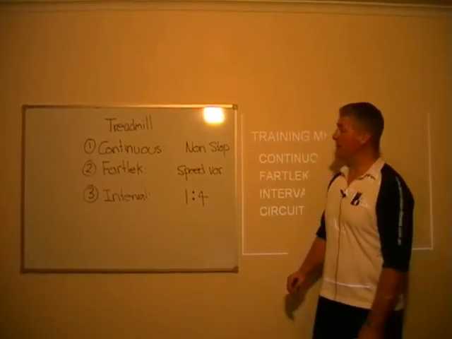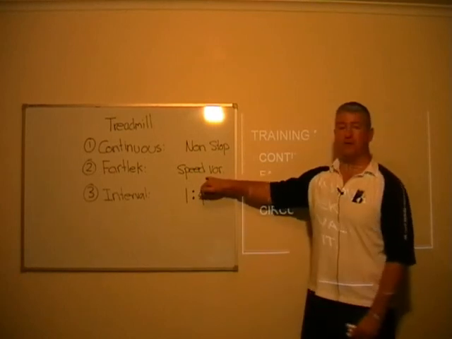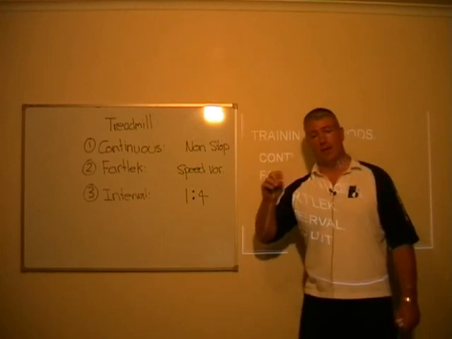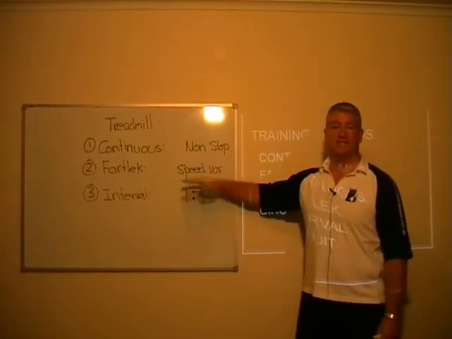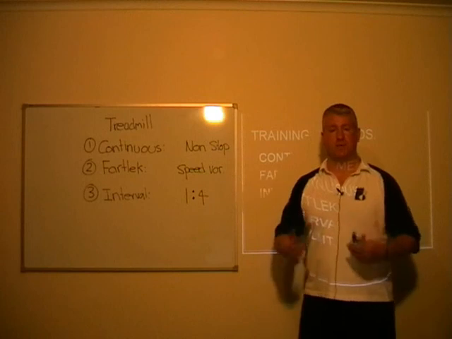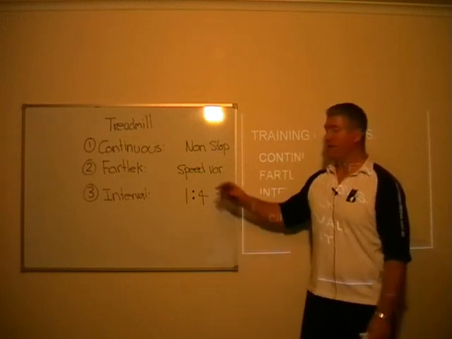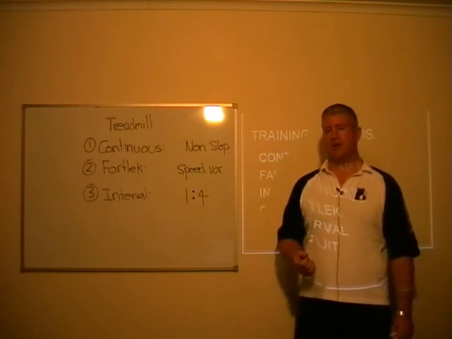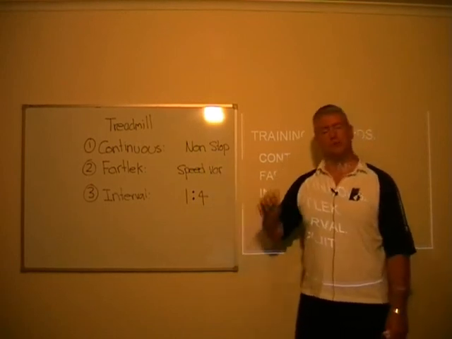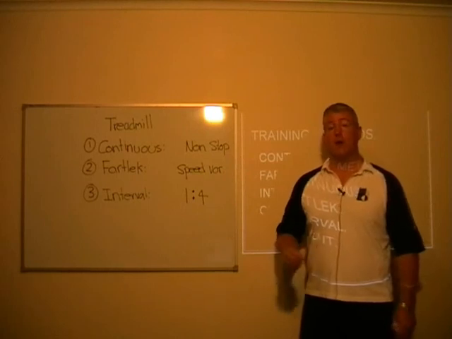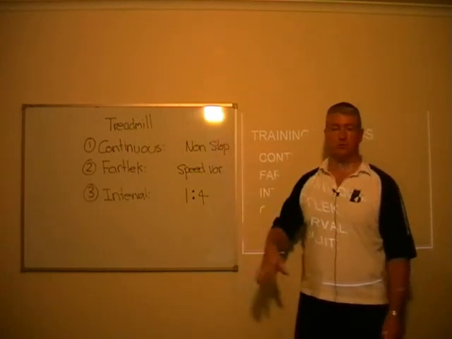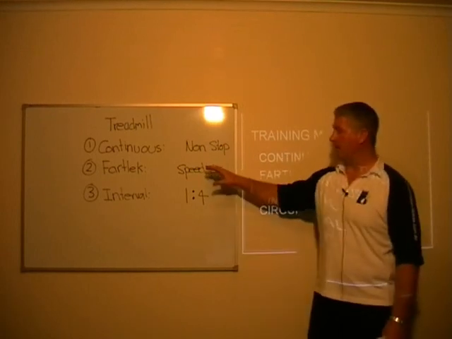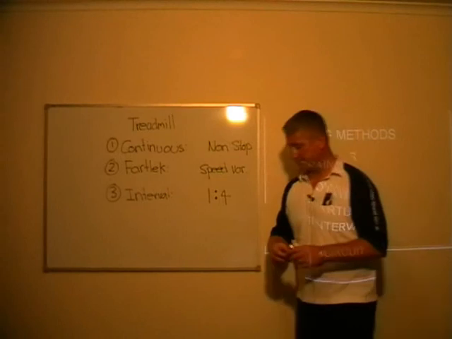Now before we continue on, it's important to note that fartlek, which involves speed variations, and interval training, which involves rest and effort, are high intensity efforts. As you're doing a speed variation or as you're doing your effort on the treadmill, they are high intensity efforts followed by recovery efforts. So the person has to have a bit of a training background before they can do that. It's not really suited for a beginner just yet. With a beginner we want to focus on continuous work to build up their cardiovascular system before we stress it in almost a maximal way.